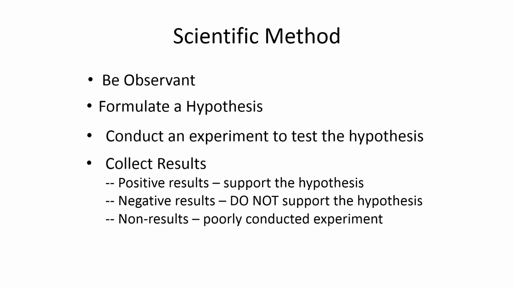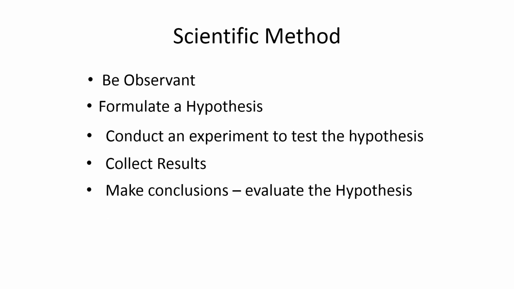And then we've got non-results. And non-results say we've got a poorly conducted experiment. Poorly conducted experiment goes back to the concept we didn't control the variables. There are a lot of experiments and a lot of scientific material that you get nowadays that we look at and go, it's really a non-result because you didn't control the variables and therefore you really didn't test what you're trying to test. The scientific method becomes very important in this because you have to be able to deal with these properly.